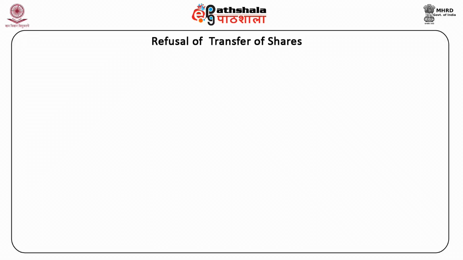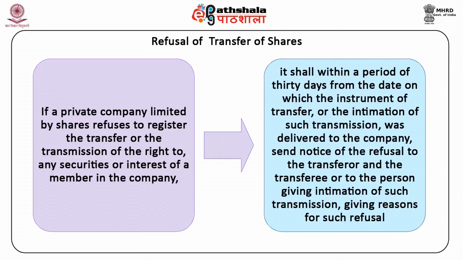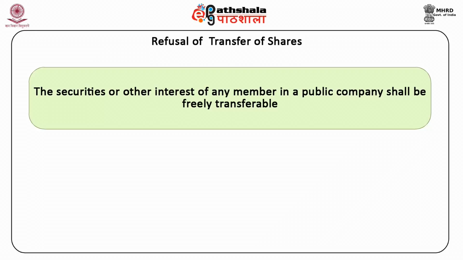Refusal of transfer of shares. First, if a private company limited by shares refuses to register the transfer or the transmission of the right to any securities or interest of a member in the company, it shall, within a period of 30 days from the date on which the instrument of transfer or the intimation of such transmission was delivered to the company, send notice of the refusal to the transferor and the transferee, or to the person giving intimation of such transmission, giving reasons for such refusal. Second, the securities or other interest of any member in a public company shall be freely transferable,